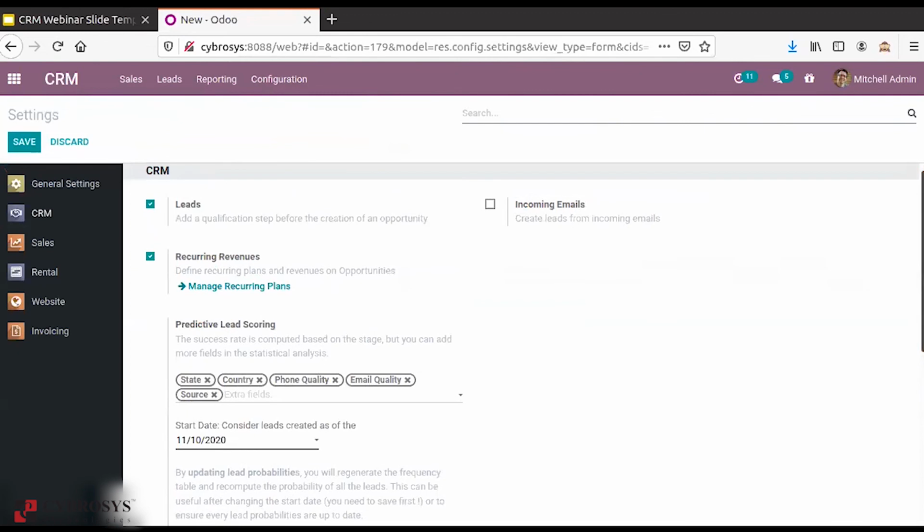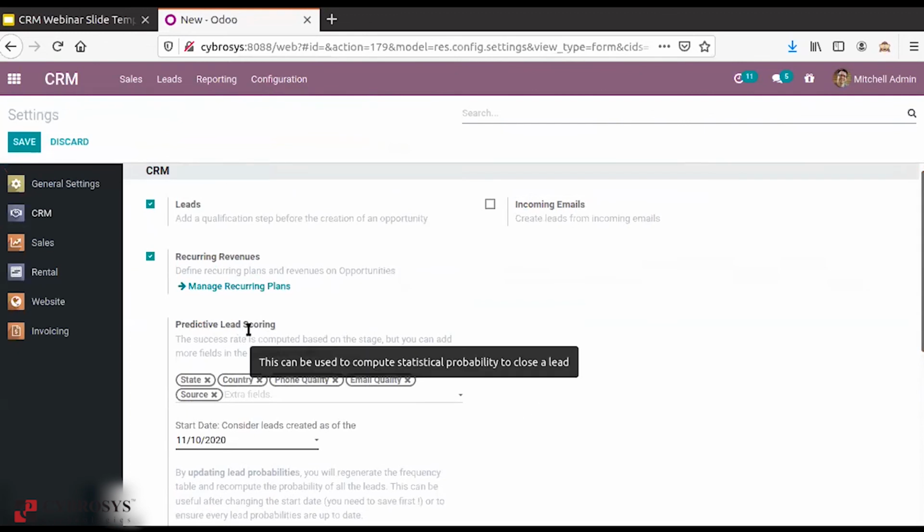Then here you can see other options like predictive lead scoring. This is something I have discussed: while creating the lead, we have the option to mention the probability there. I have told you that these probabilities are calculated on the basis of certain base rules.